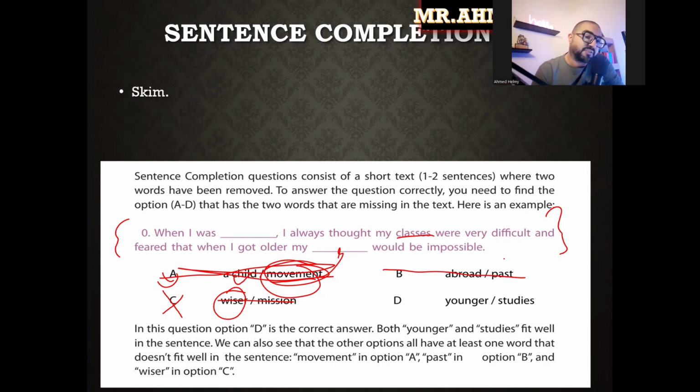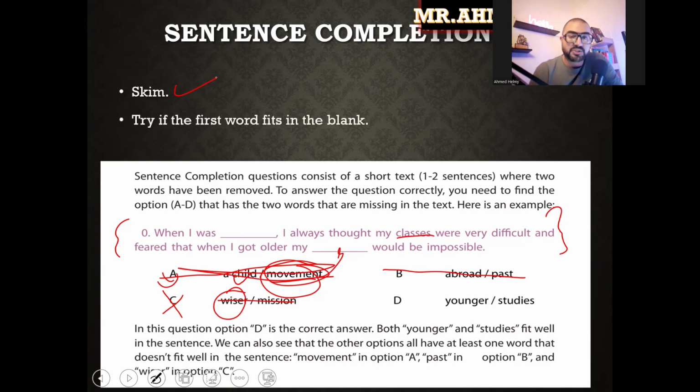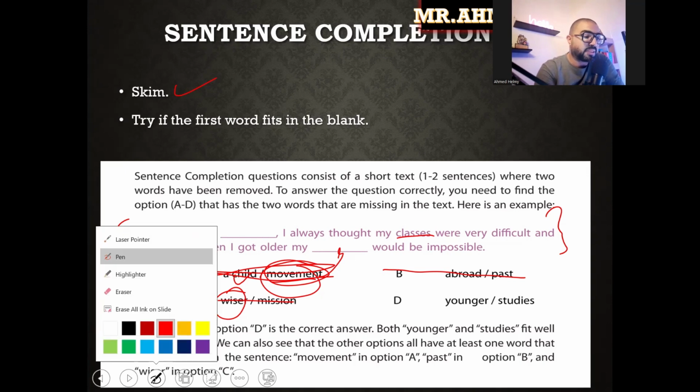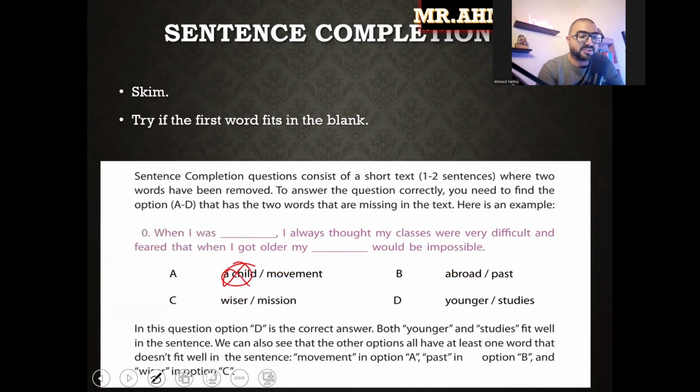Now, you know what I did? The first thing that I did is something called skimming. I skimmed the whole paragraph just to find the main idea. And then according to this, I tried the first blank space first, and then I moved on to the second one with the choices. This is the fastest way you can solve this. Sometimes you'll find the mistake in option A, you'll find that A doesn't work at all, so you'll omit it. You'll find B doesn't work, so you'll omit this. Now your brain is ready and prepared to focus only on